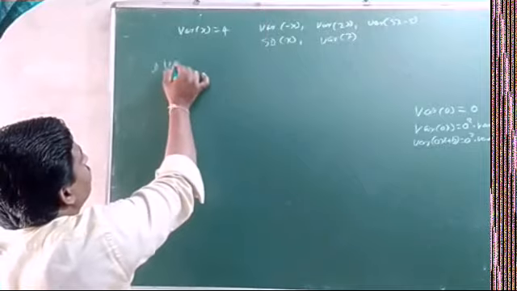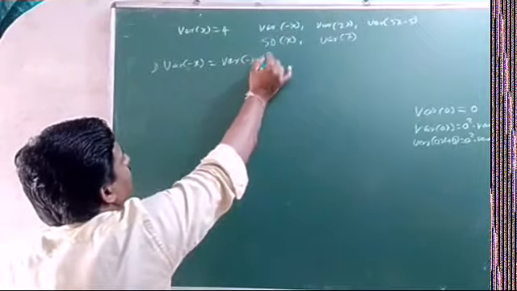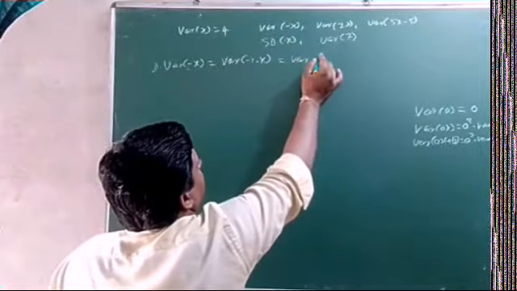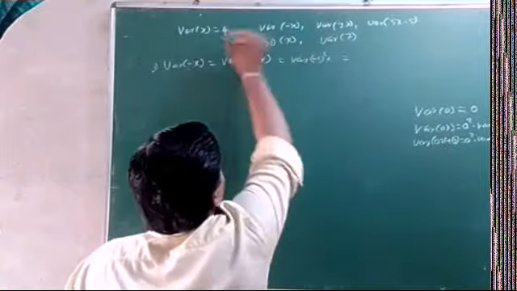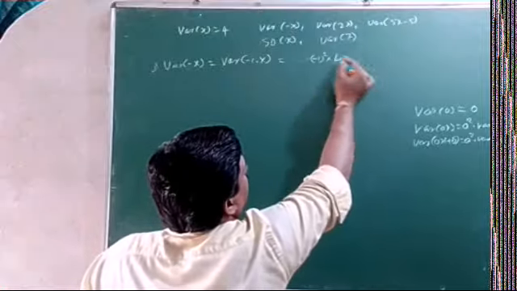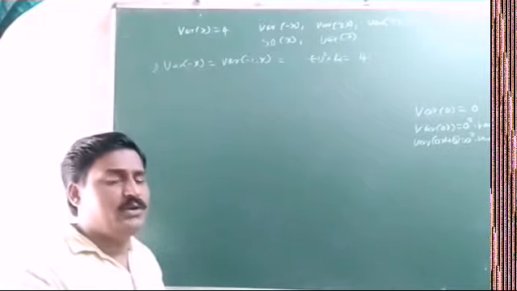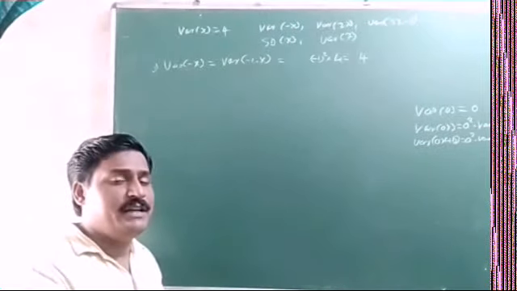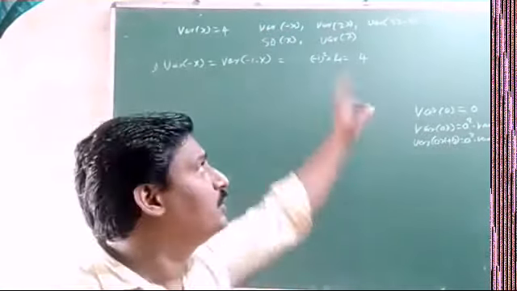So here, first one, variance of minus x is equal to variance of minus 1 into x. So here minus 1 becomes squared. Variance of minus 1 square into x, where variance of x is 4 here. So minus 1 square is 1, 1 into 4 is 4. So in the expectation of x, if it is minus x, it becomes minus E of x only. But in variance of x, if there is a negative value, it becomes positive here.